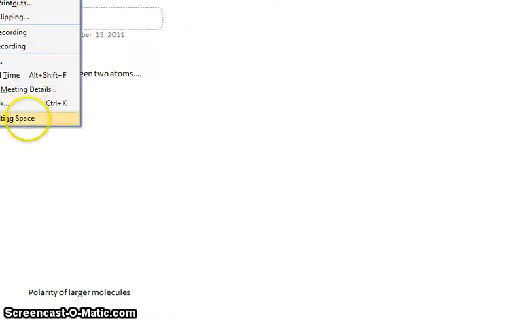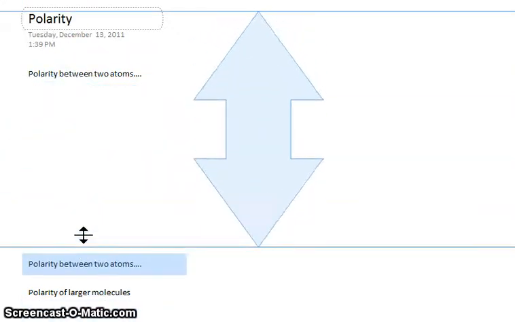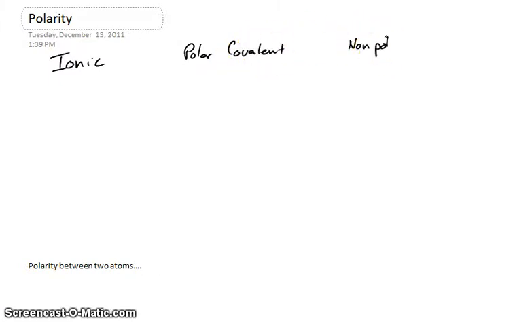The first thing I want to bring up before we look at the polarity between two atoms is I want to talk about the three kinds of bonds we've discussed lately. What are the three kinds of bonds? We've discussed ionic, polar covalent, and nonpolar covalent. And you should well know that in the covalent ones we're sharing electrons, and in the ionic